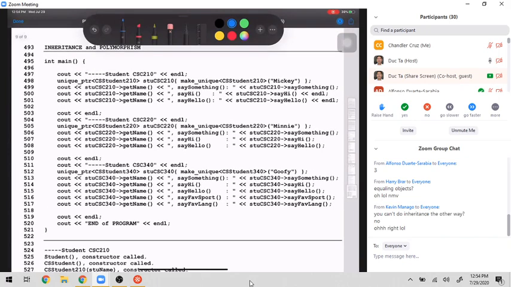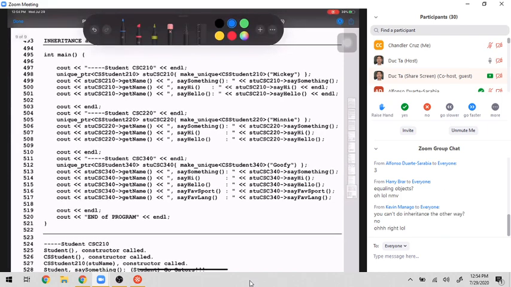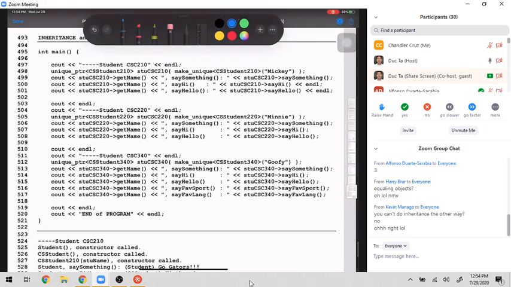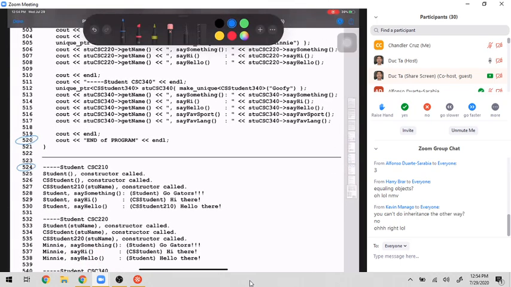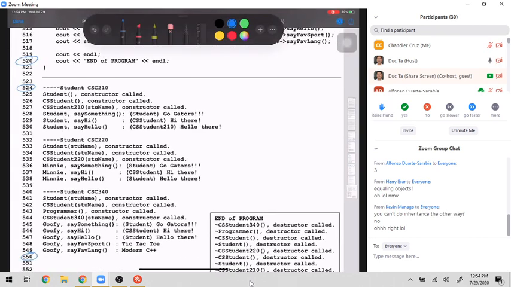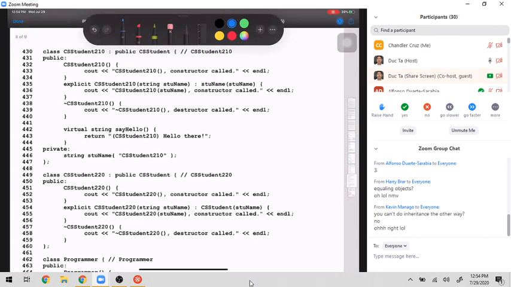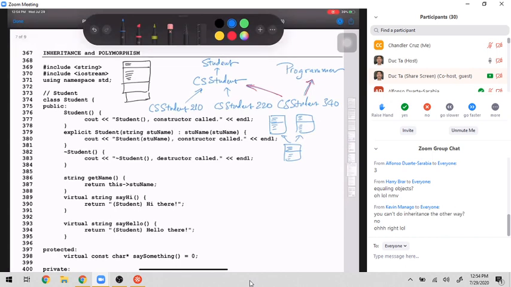So now, if we start with the main, it's on line number 495 to line number 520. And the output is on line number 524 to line number 550. What you want to do is that you can either read it from top to bottom or bottom to top. So from line number